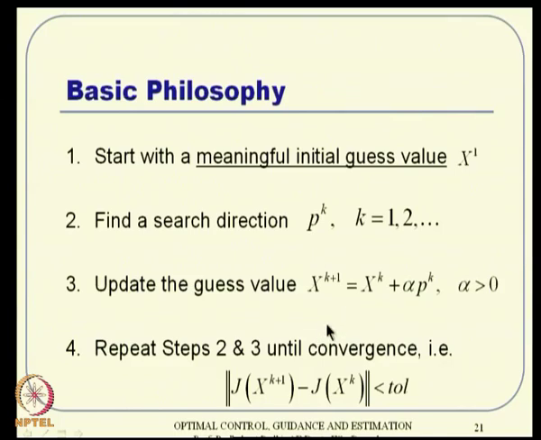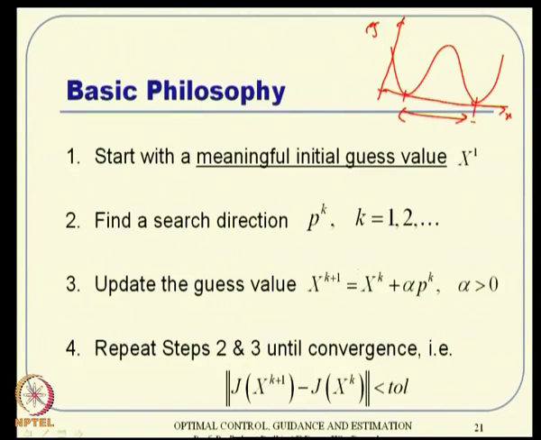For example, if the function happens to be something like this, then these two are the same values. I do not know whatever x is, x and f of J, whatever. It happens to be the same value, and these two values are almost the same, but the distance is large. Then you have to select which one is your optimum point. But those kinds of situations happen in very rare cases, so you do not have to worry so much about them.